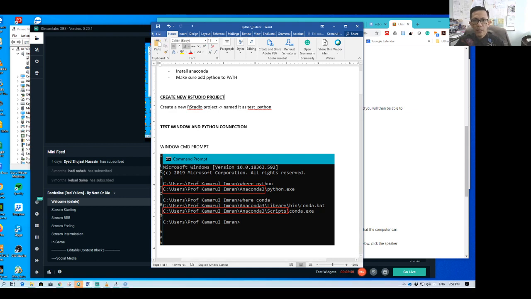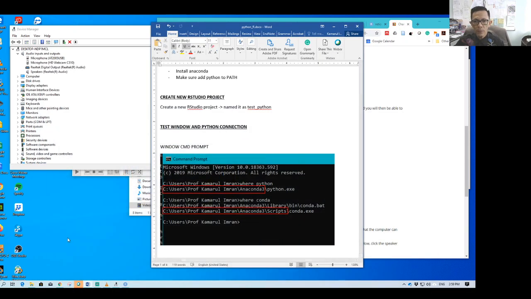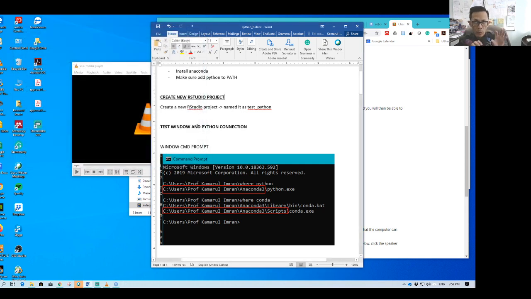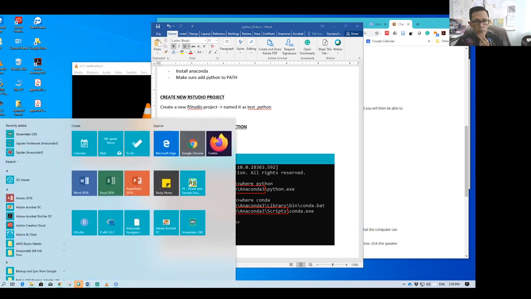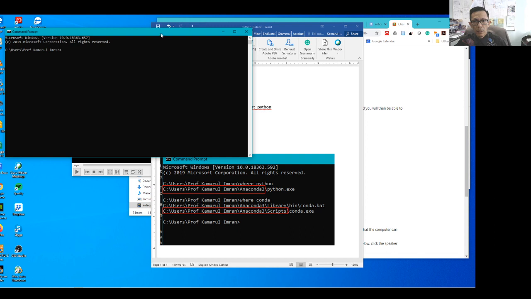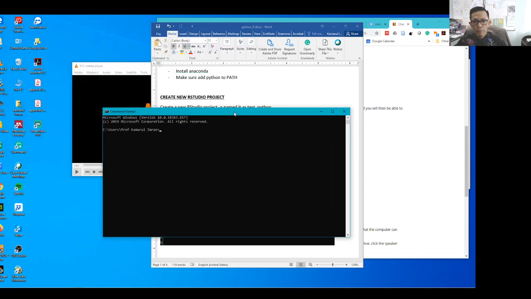Now we want to check if Windows can find your Python in your system. So we go to start and type cmd, command, and then type where python. You should get something like this,